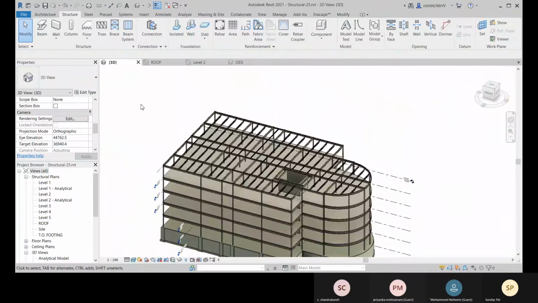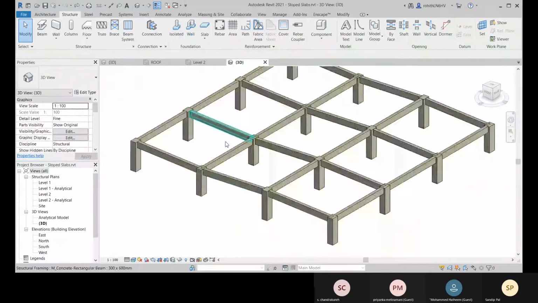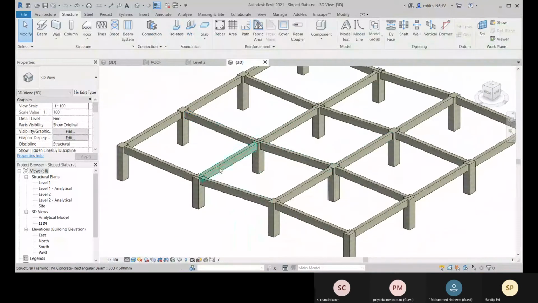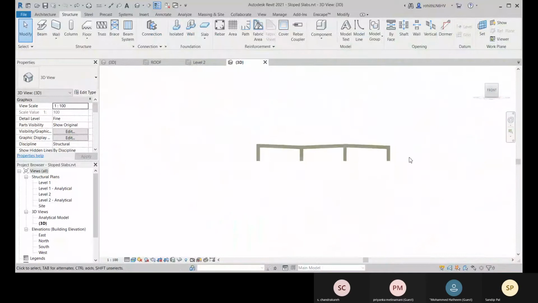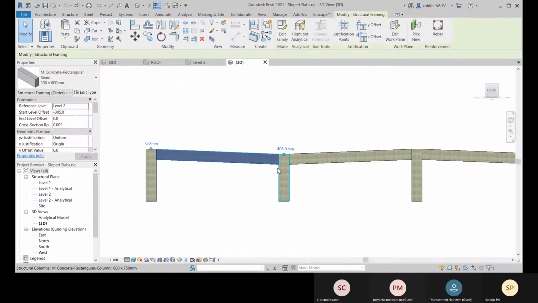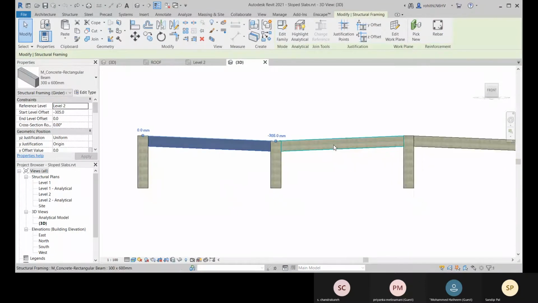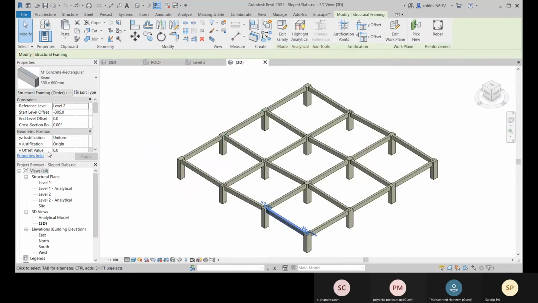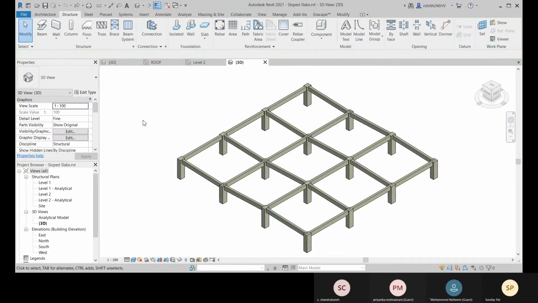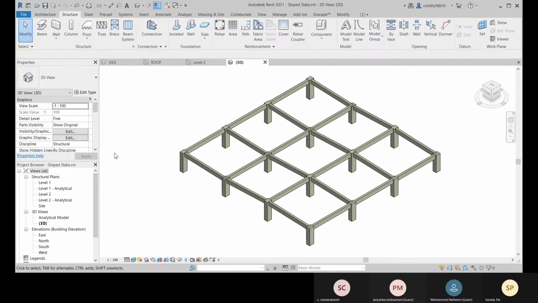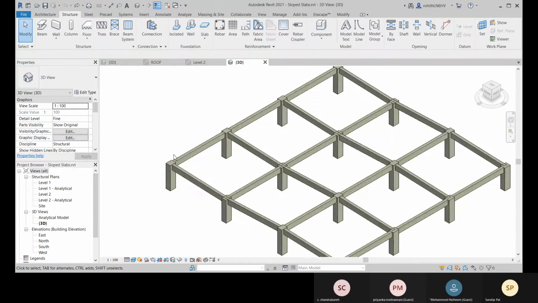Now about the floor. Suppose if you have slabs like this, and your beam like this way, if you have placed your beam like this way, then if you place your floor, let me just show you that the reference level is level 2, and let me connect to it.